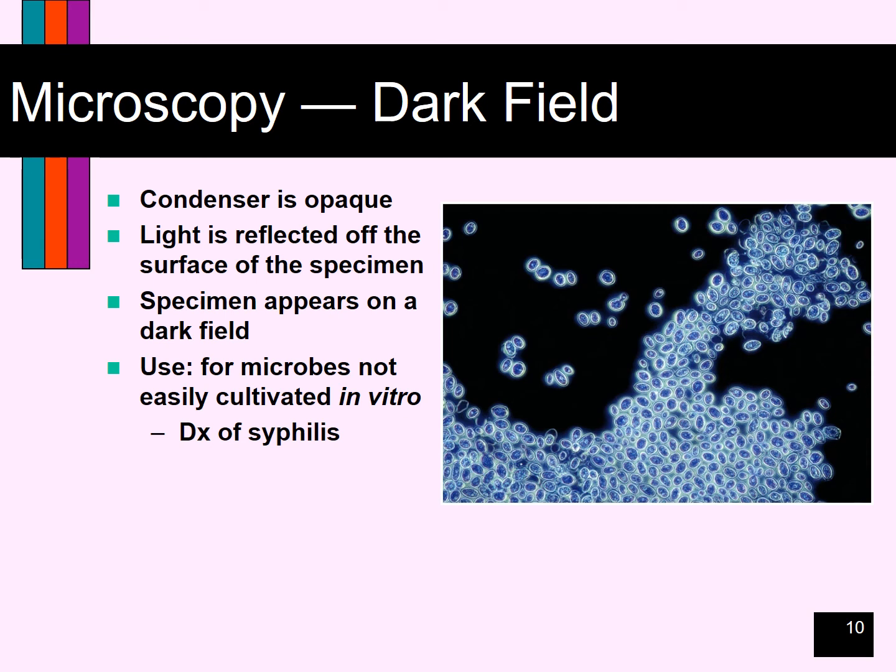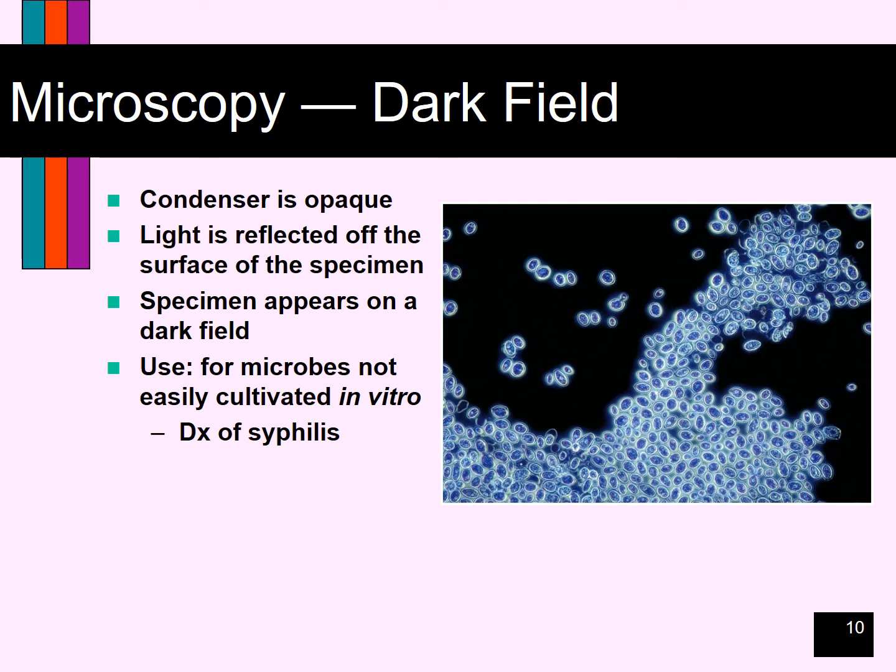Dark field microscopy is usually used when you have microbes taken from a patient that cannot easily be cultivated in vitro, in the test tube. So you want to take that sample from the patient and just look at it under the dark field microscope. It used to be that every clinic had a dark field microscope because it was used in the diagnosis